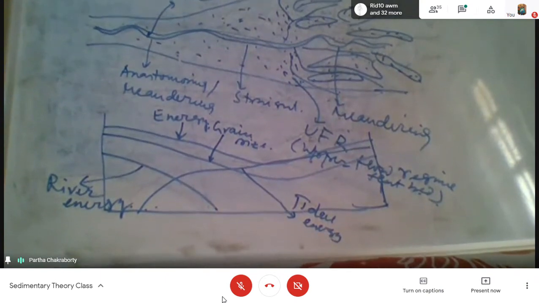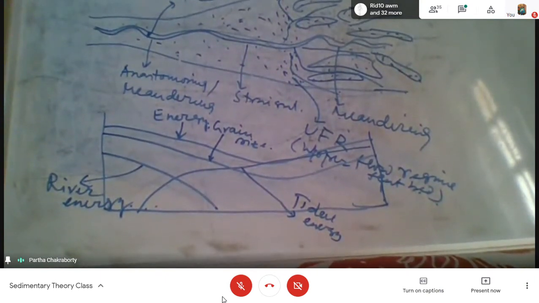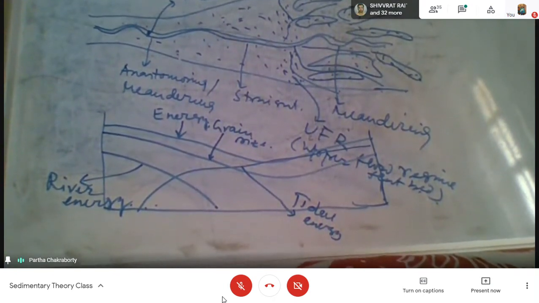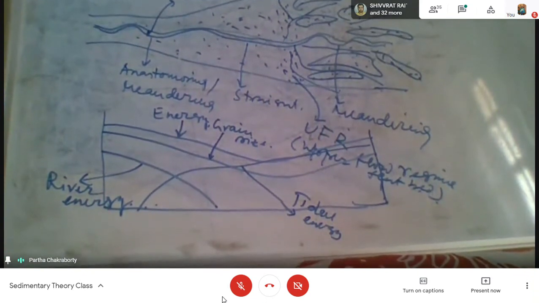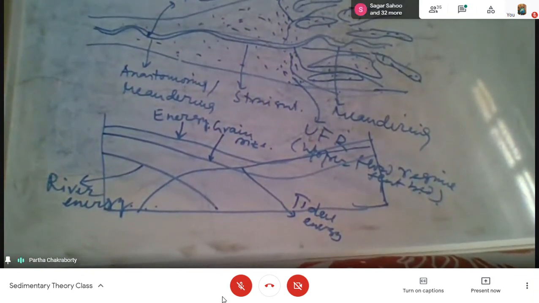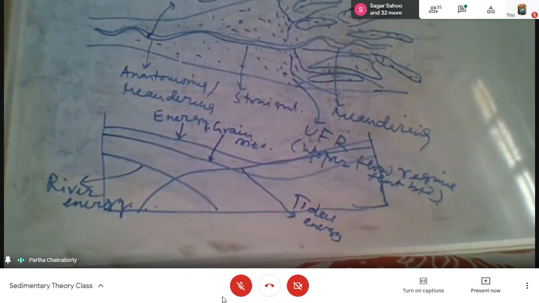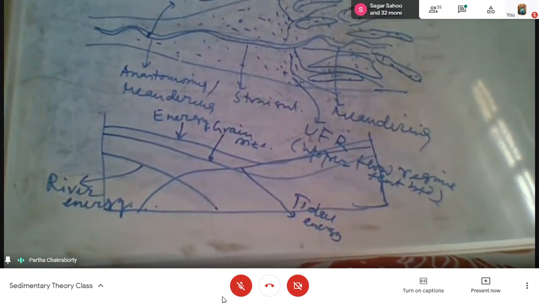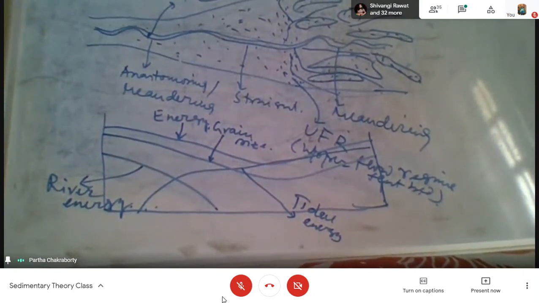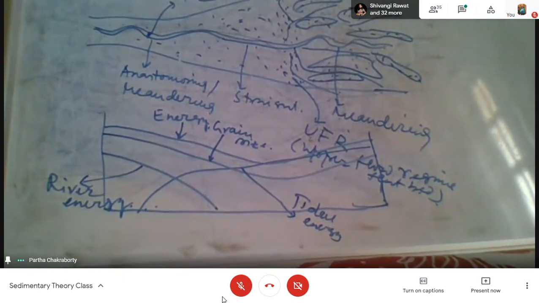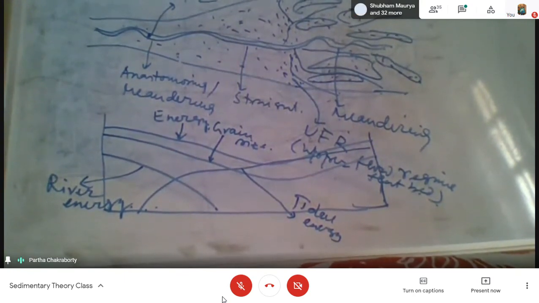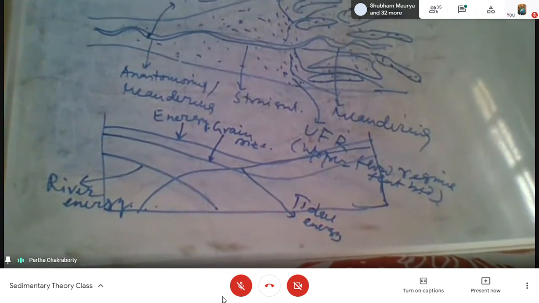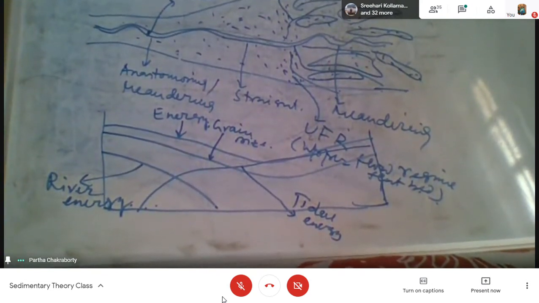Here, the bars are not parallel to the coastline, but are tidal bars because it's tide dominated. Tidal bars will be more elongated bars, and they are at a high angle to the coastline. So the orientation of the bar is a very major criterion, whether it is shore parallel or shore perpendicular. That is the typical character. In a tide dominated estuary, you get shore perpendicular bars. In a wave dominated estuary, you get a shore parallel bar system that develops.